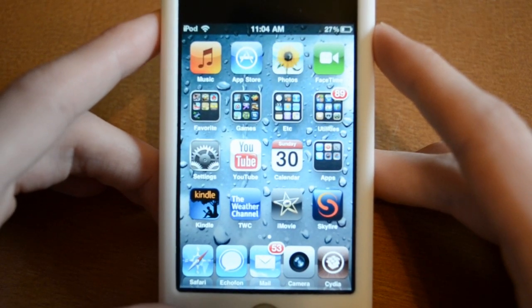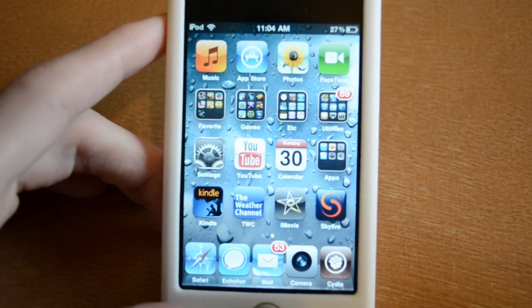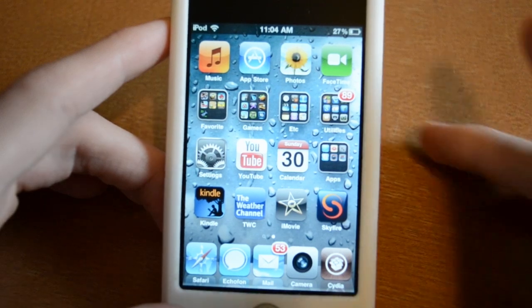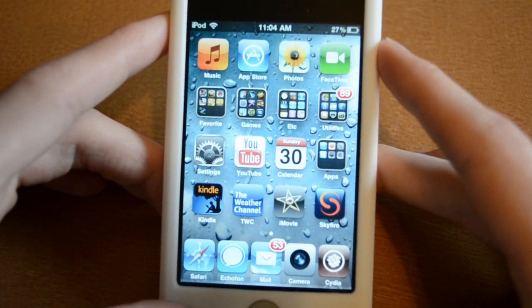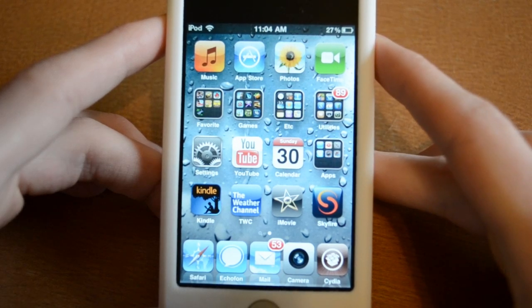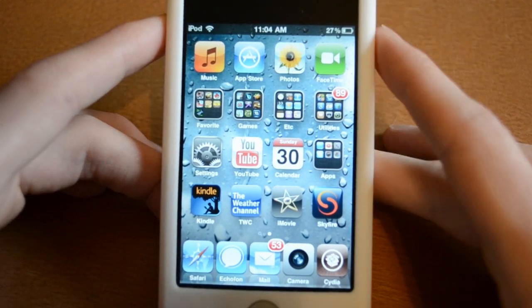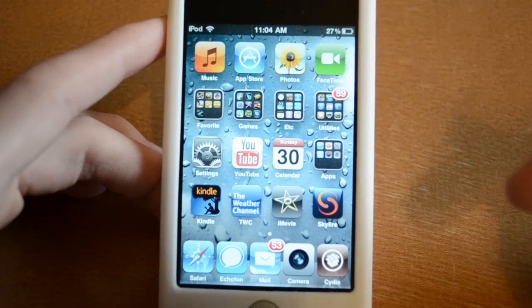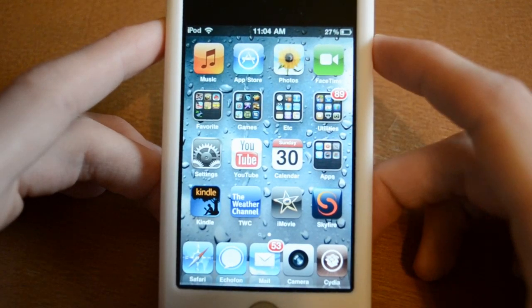It's a very simple tweak. You have to add a custom repo, but it is free, and it's not a piracy repo. I mean, this is actually legitimately free. You guys can check it out in the description of this video. Hopefully you know how to add a source in Cydia, but just add the source and you should be able to download it. It is called DeepEnd.